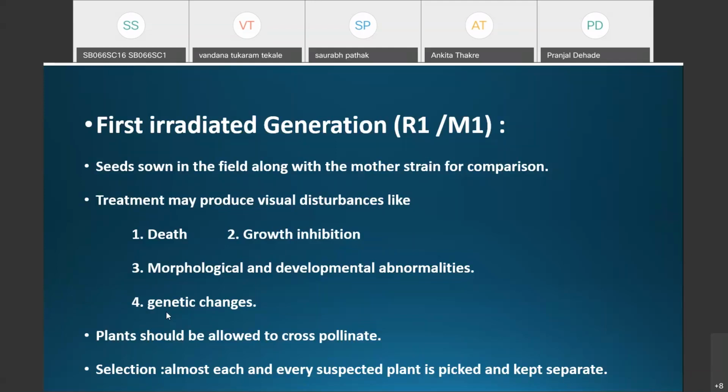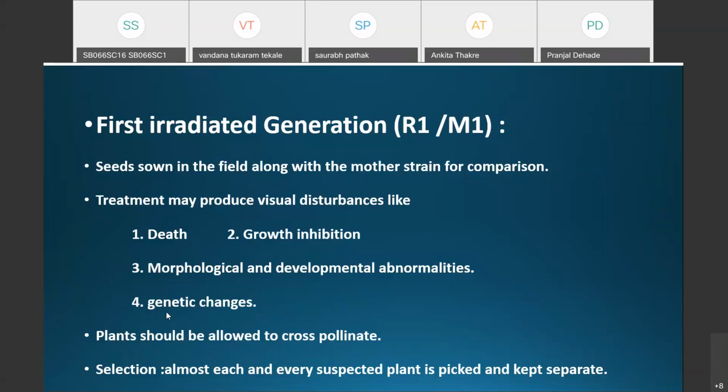Okay, here I have mistakenly written it; you should read it as the plants should not be allowed to cross pollinate. Okay, the plants should not be allowed to cross pollinate. That's why, in the selection, almost each and every suspected plant is picked